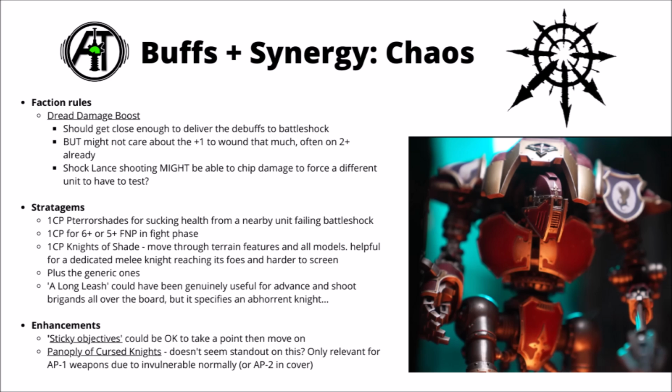I guess theoretically the shock lance shooting might actually be kind of useful to do a little bit of chip damage to a nearby enemy unit and force another unit to have to test battle shock. Could be a reasonable use of that, given that it's probably not going to do enough meaningful damage to be wiping squads or anything. Otherwise, for the Chaos Knight stratagems, I feel like quite a few are fairly useful,